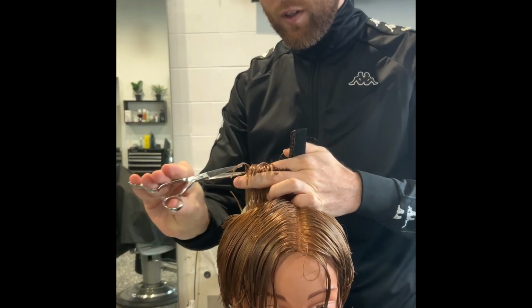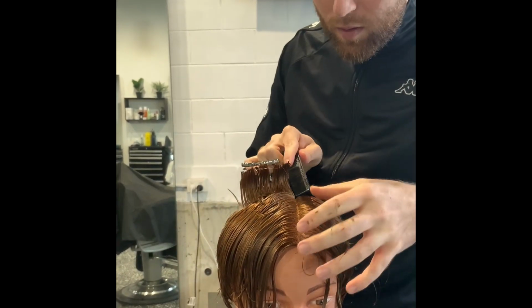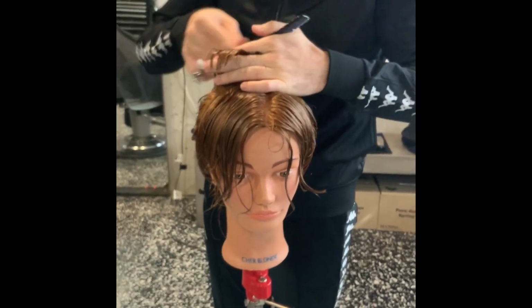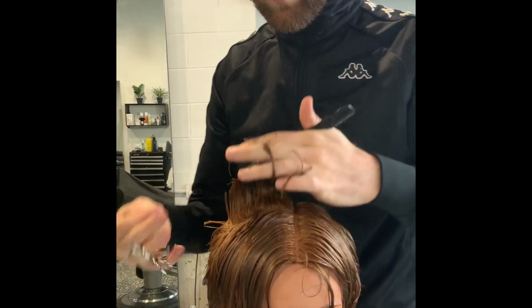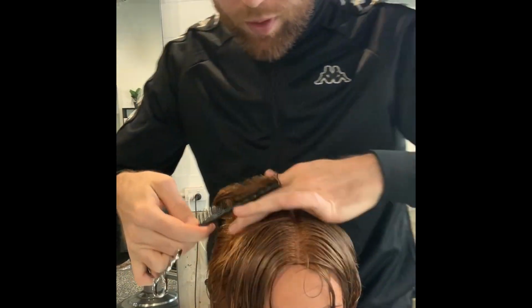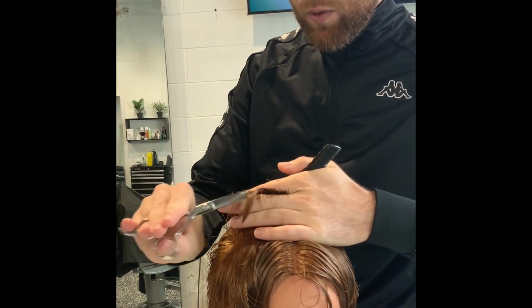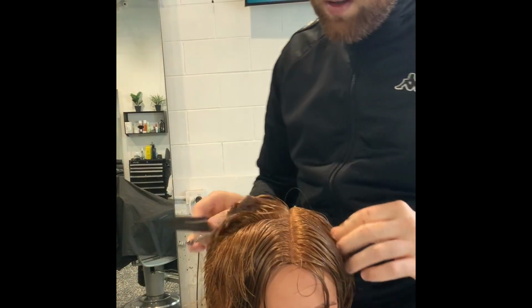Square to the profile guide, point cut that out, and just moving forward. Now because we're wearing it in quite a textured, messy style, making sure the shape is really precise isn't actually that important. As long as we are pretty consistent with our technique, it doesn't have to be completely perfect, because we'll cross check it afterwards. I just want to show you a salon efficient way of doing things, because we don't always